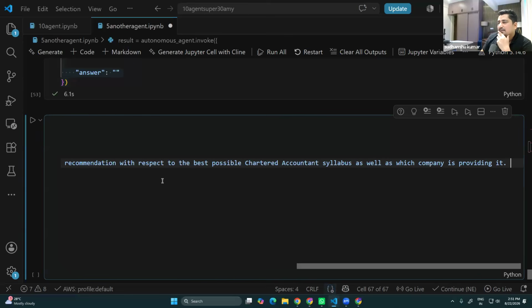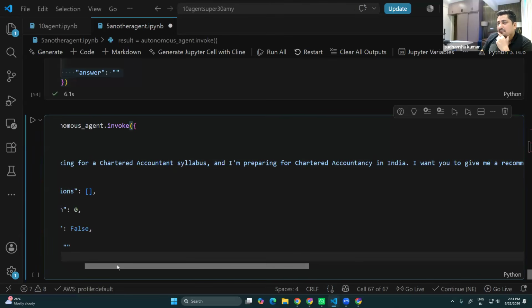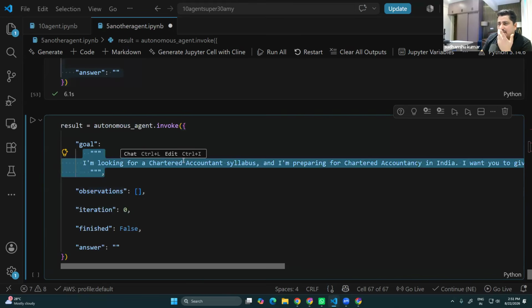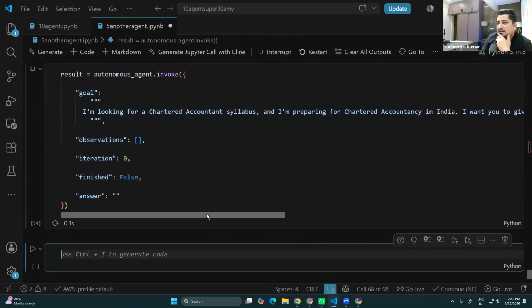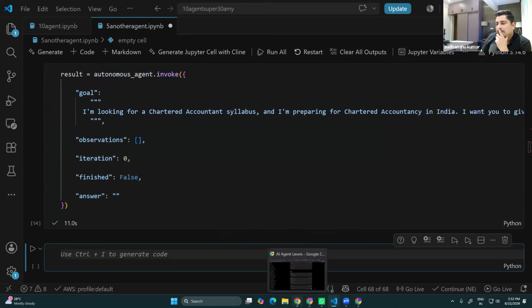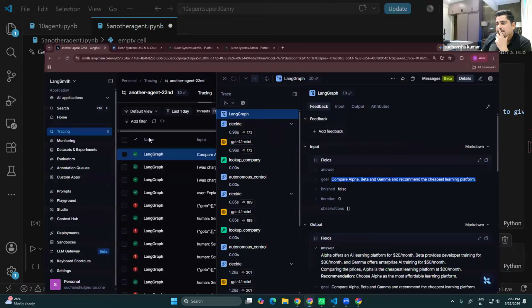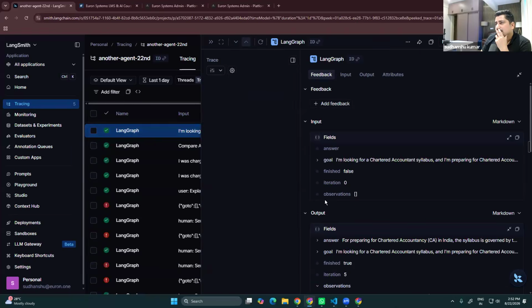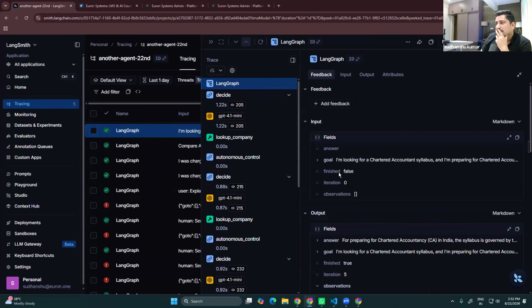This is my question, and I don't have this kind of information in Alpha, Beta, Gamma. Those companies don't have any kind of syllabus or anything for chartered accountancy. So let's see how it is going to behave and work. Okay, so I'll go and check the trace. Here you will be able to see that